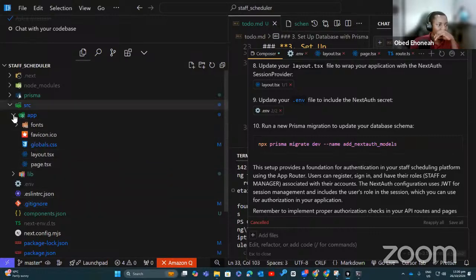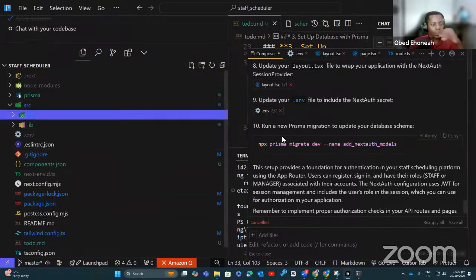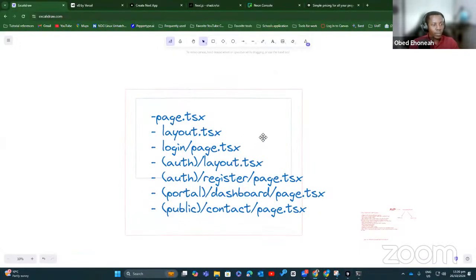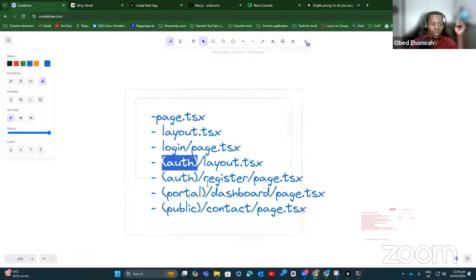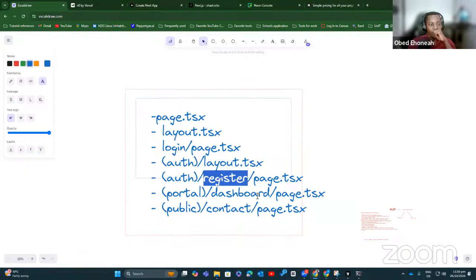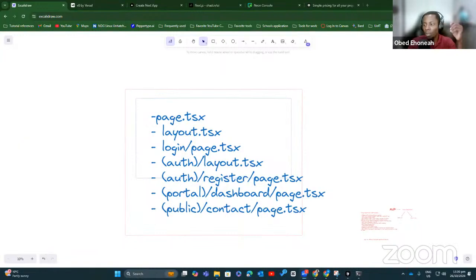So with this setup, what's the URL of the register page? Will it not be /alt/register? If you put the parentheses around it, then it ignores that part. So it will be straight /register. Page will not come, so just /register. Having to show alt/register is also normal. You can use all of them.